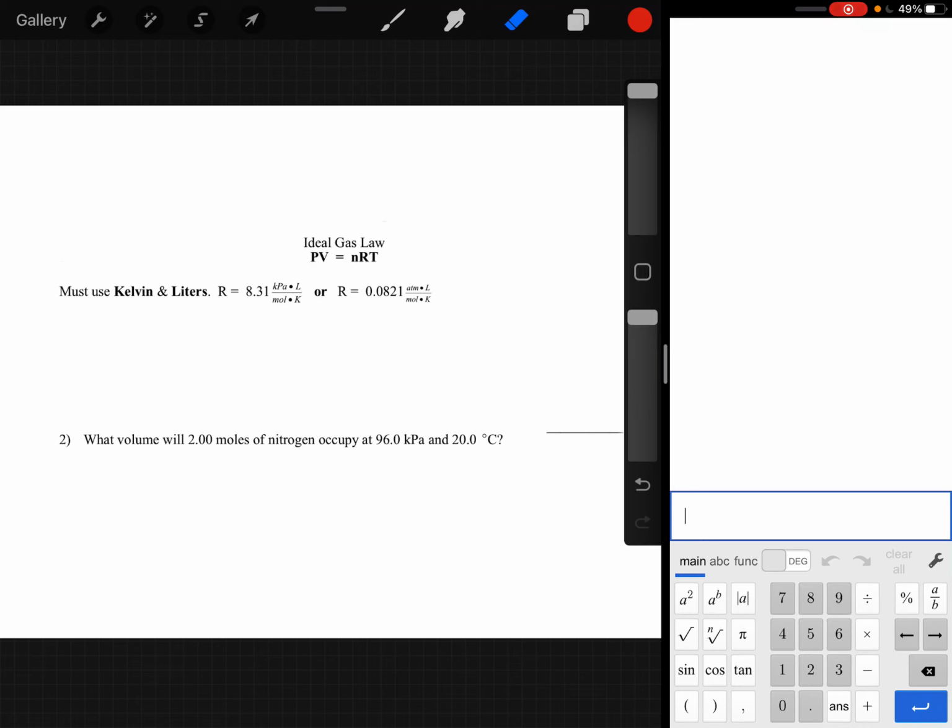Your pressure can be in either atmospheres or kPa, and we'll talk about them in just a second. Volume needs to be in liters, N needs to be in moles, T needs to be in Kelvin. So there's a very specific